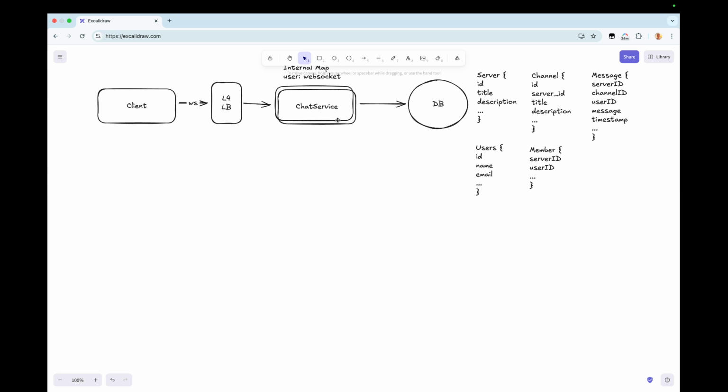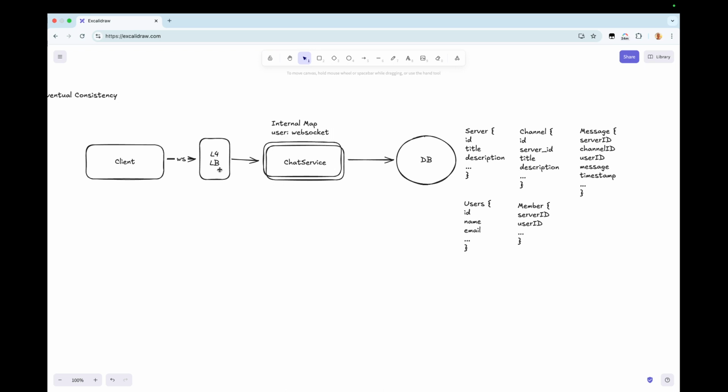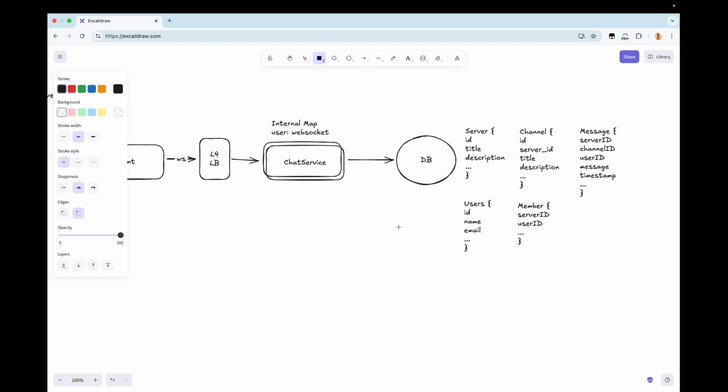And so with a layer 4 load balancer, this is the first of a couple strategies that we'll talk about here for how we could actually distribute the load in a smart way across all of these different chat services. So this is one approach. Could be solid, could be naive. We'll get to that in further detail. But this basically round robins to one of the chat services.